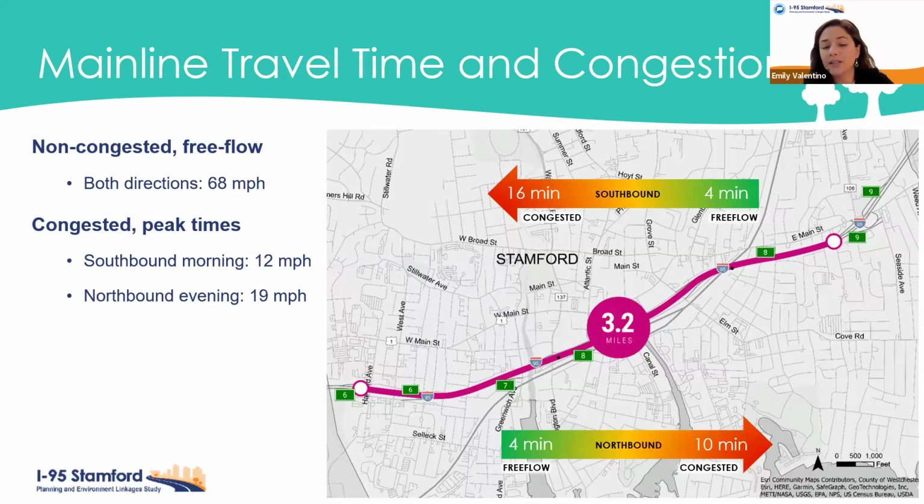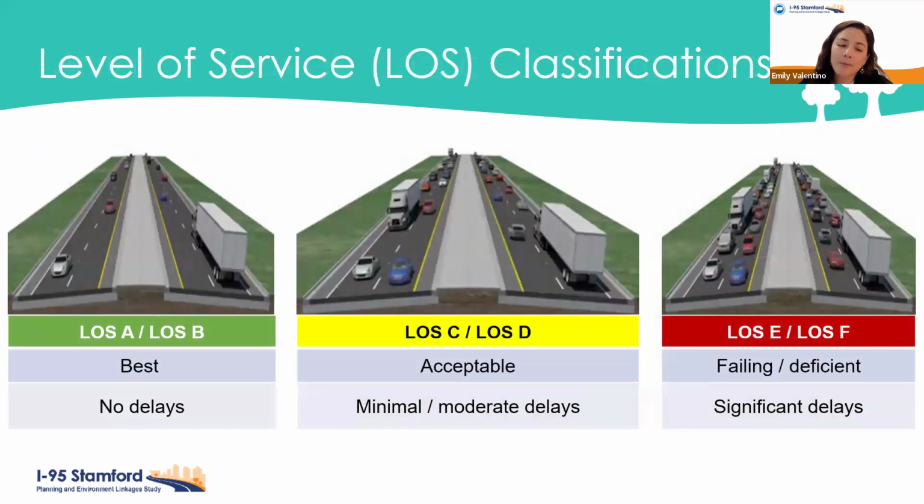And in the northbound in the evening, that takes about 10 minutes to travel. So that's a 6-minute delay. So speeds can get down to about 12 miles per hour in peak times. You might remember this slide from the last presentation, the last public workshop. What we do with the existing traffic data, we put it into a traffic model and we run an analysis. And the model